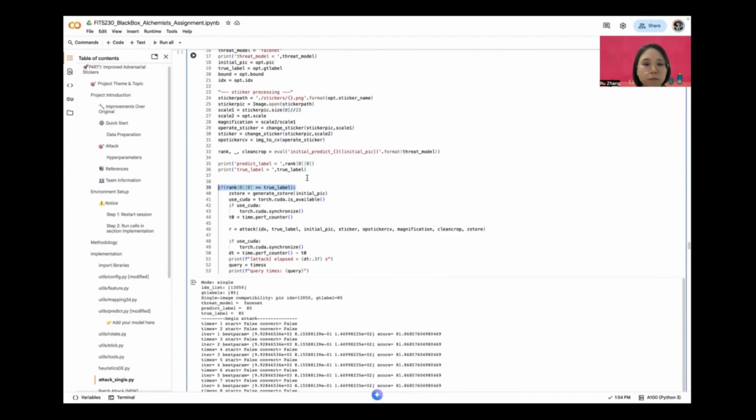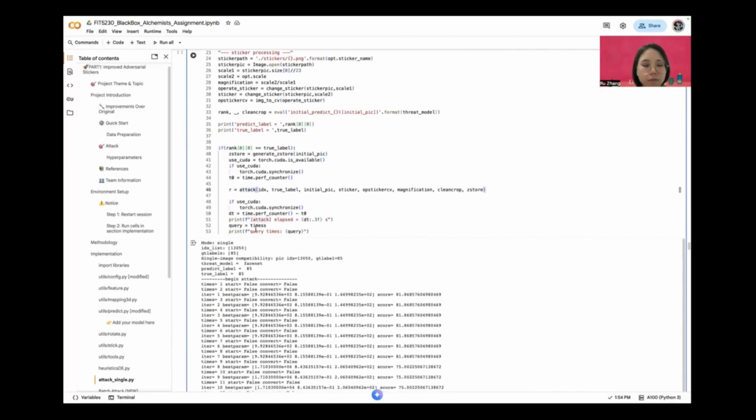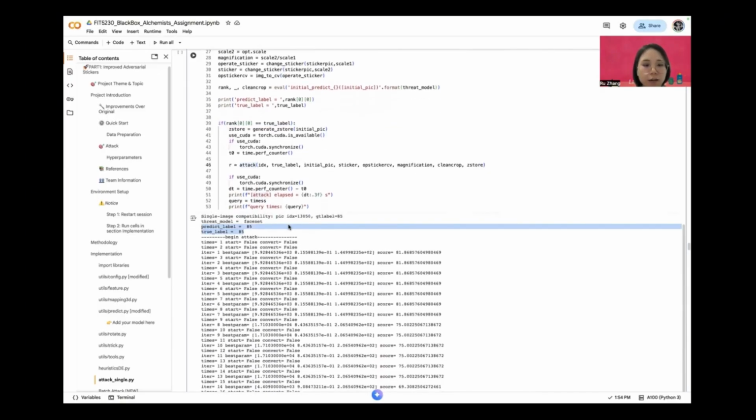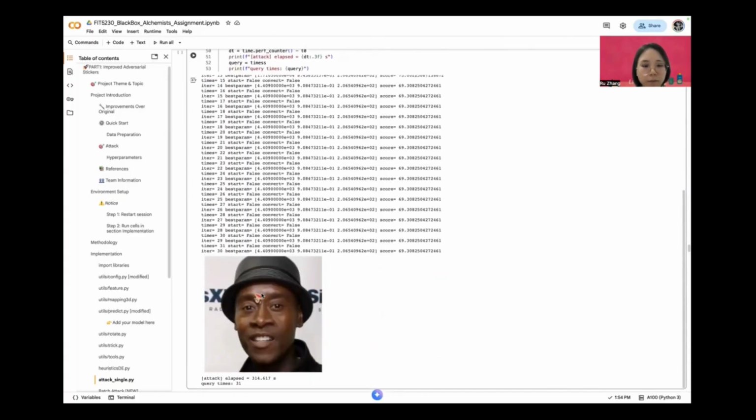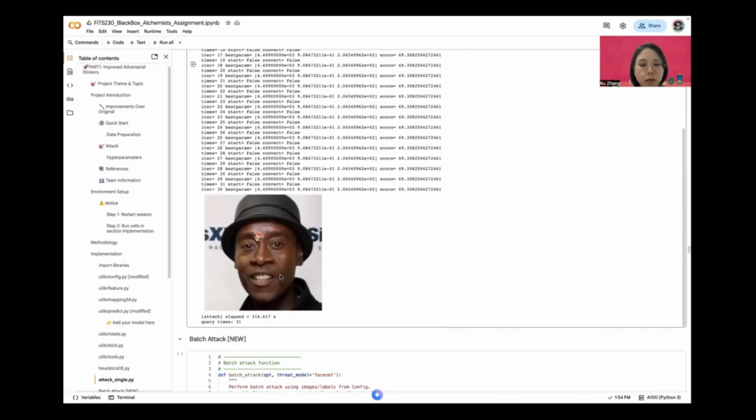If the model can correctly predict the current image, so when the predicted label equals its true label, we can say the label is the same. And when we do a single attack, we just attack this image. Here we add a sticker on it. Actually, the original image doesn't have this sticker. But when we do the RHDE, what we need to do is add a sticker on the spatial image